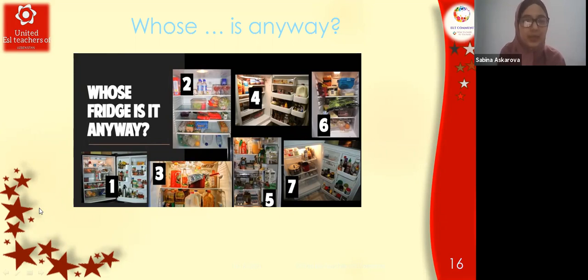For example, whose fridge is it anyway? I made it. Here the students will be asked beforehand to take a picture of their fridge, and the teacher will provide, for example, a PowerPoint slide and demonstrate the screen. After that, other students should find whose fridge it is, and they will discuss and analyze